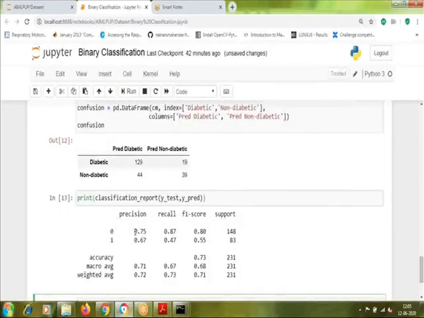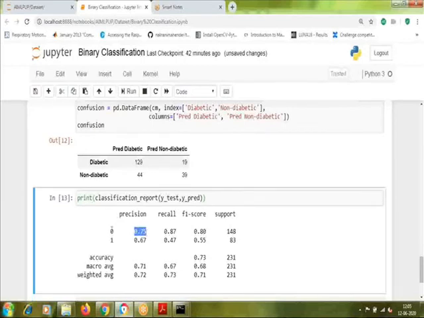You can see here that precision is 0.75 for diabetic and 0.67 for non-diabetic, whereas recall is, in a similar manner, 0.87 for diabetic and 0.47 for non-diabetic, and so on. And the overall accuracy you get is 0.73, meaning 73% accuracy you have achieved by implementing the SVC algorithm, that is the support vector machine algorithm.